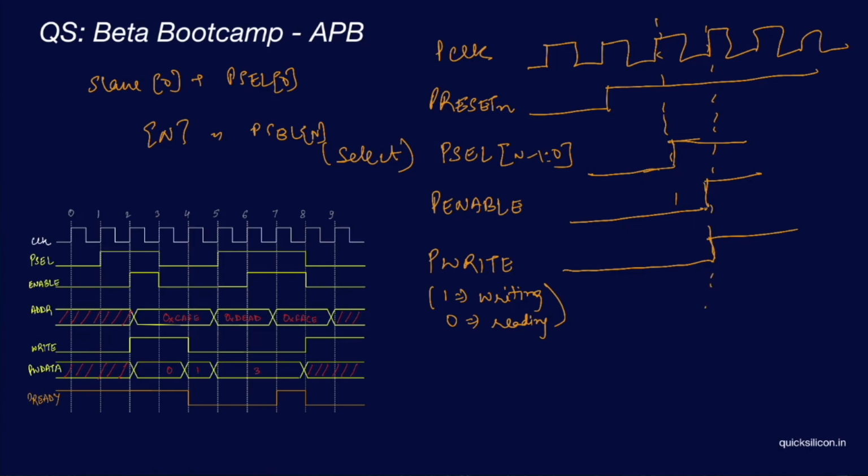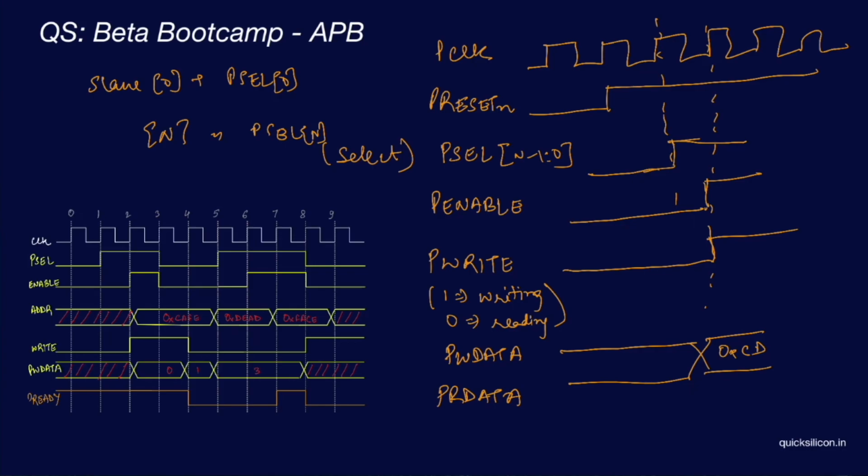Then there are certain data related signals. The first one is your write data, and similarly you have your read data. Your write data is the data which your master wants to write. Since this is a write transaction, it would give a certain value to your data at this point, let's say it is 0xcd, and your read data would be the data which is read from the slave. Since it is a write, we don't have to care about it, but we'll see how read data works.